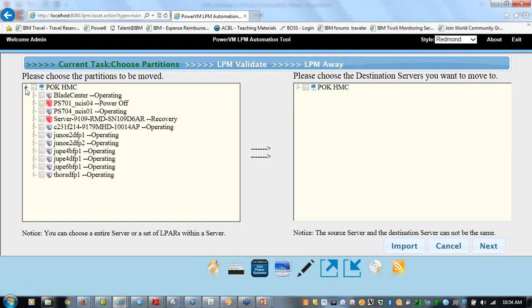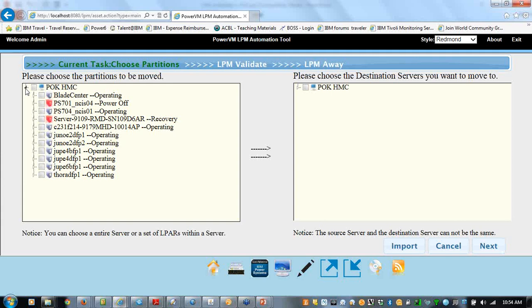And so here I explode this out, and I have one HMC called Poughkeepsie HMC. Those of you who know IBM, we have an Austin site, a Rochester site, a Poughkeepsie site. And you can have more than one HMC attached to the tool. I only have one right now. I'm using a lab. I have used HMCs in Rochester and Austin, and had multiple HMCs and done things across different HMCs using remote HMC, no problem.